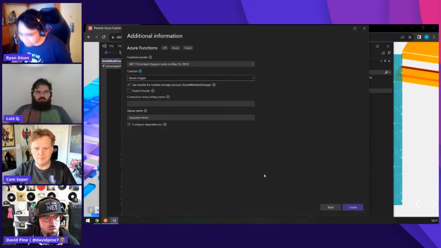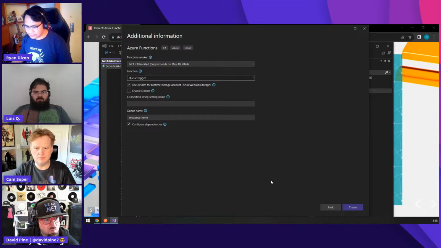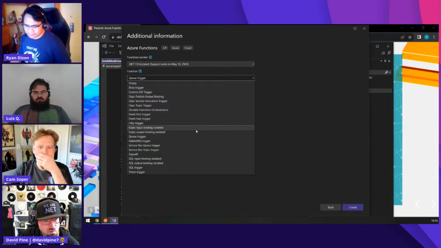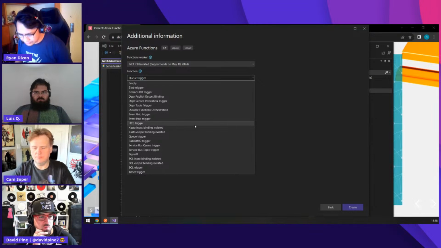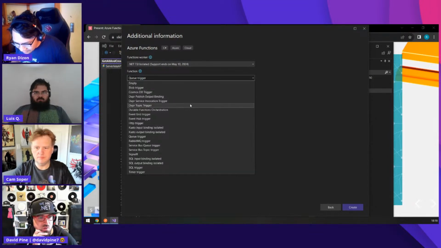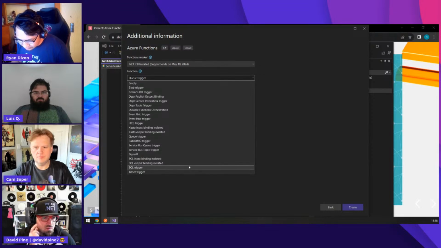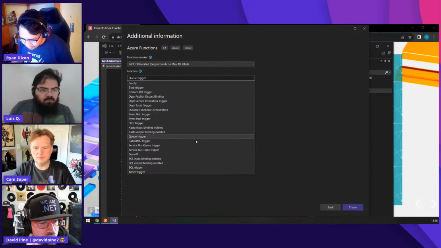So that's the function, and that's showing the possible things that can trigger a function. These are the different events that the Azure Functions will invoke your code. Actually, I think the newest trigger here is the SQL trigger.